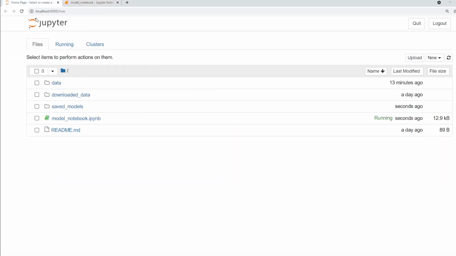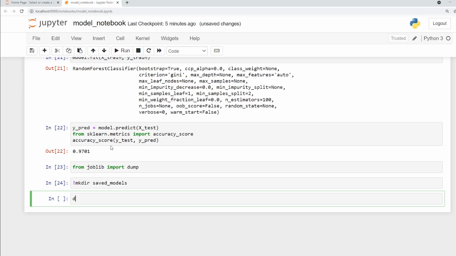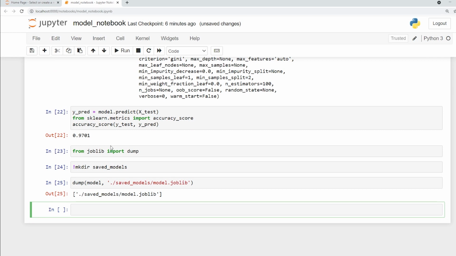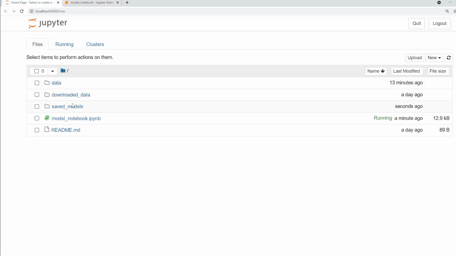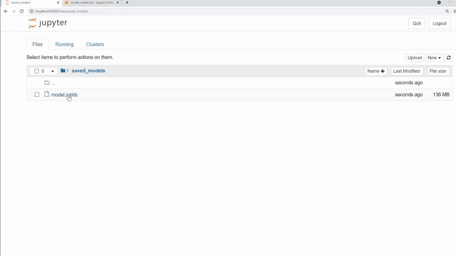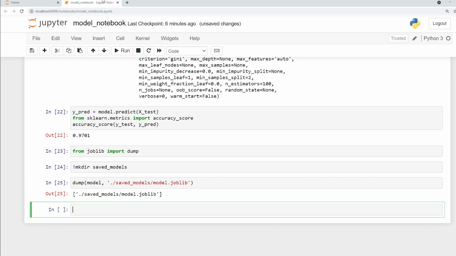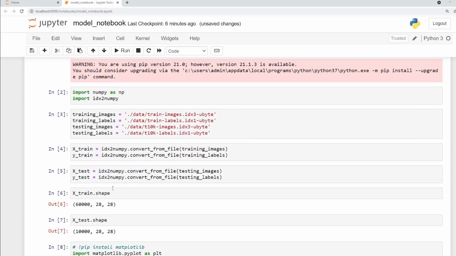If I go over here, I have a folder named saved_models in which I'm going to store it. Here I'm going to say dump, and this is going to take my model. It actually stores the training weights. Later on I'll say saved_models and name my file, let's say model.joblib. The .joblib extension is very important. Now if I go to my saved_models, I have my model.joblib file. This is going to be my pre-trained weights which my API can use. And this is it for the ML part.